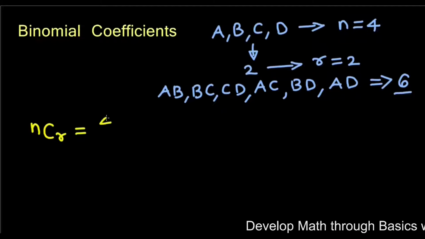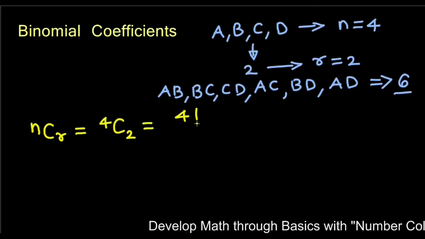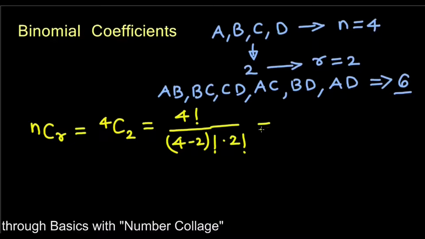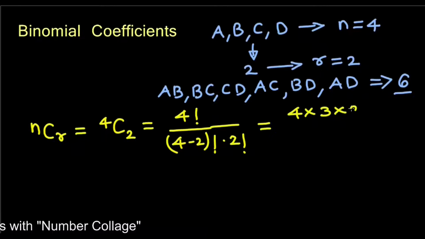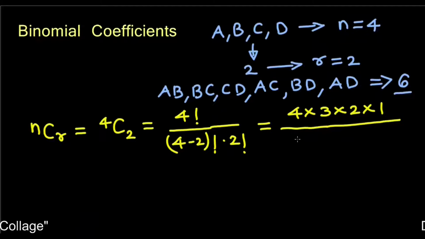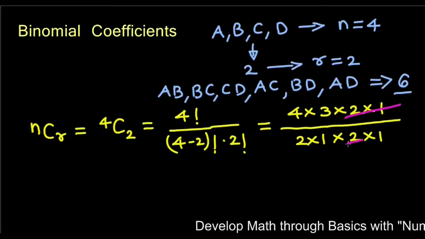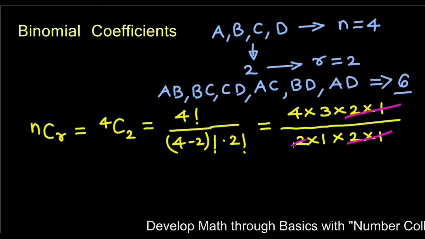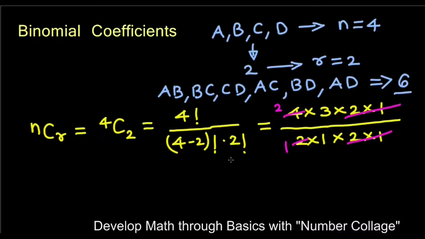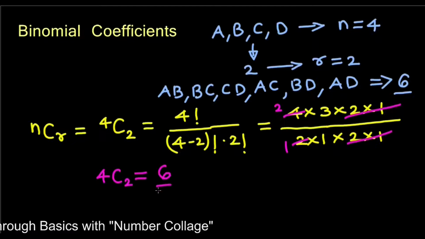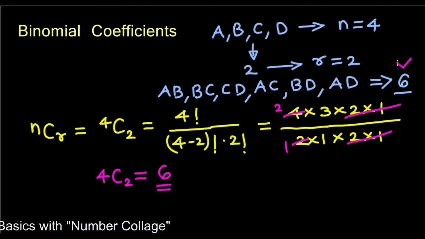Now we can calculate the number of combinations by the combination formula, which will be nCr, which in this case will be 4C2, that will be 4 factorial upon 4 minus 2 factorial into 2 factorial, that will be 4 into 3 into 2 into 1 upon 4 minus 2 will be 2, that is 2 factorial, which will be 2 multiplied by 1, and this 2 factorial, which again will be 2 multiplied by 1. Now this 2 multiplied by 1 cancels with this 2 multiplied by 1, and 2 ones are 2, 2 threes are 6. So that gives us 4C2 as 6, which is the same number of combinations which we have